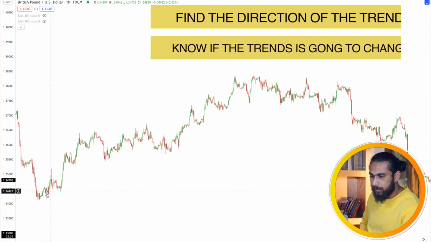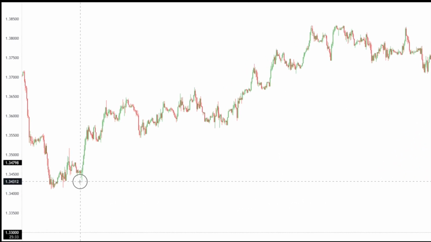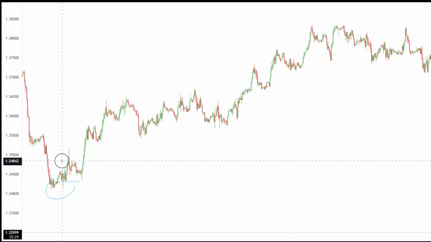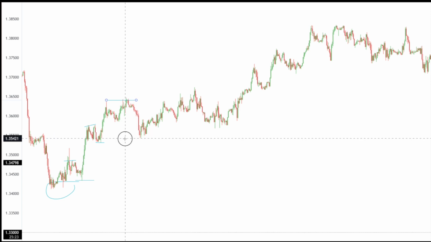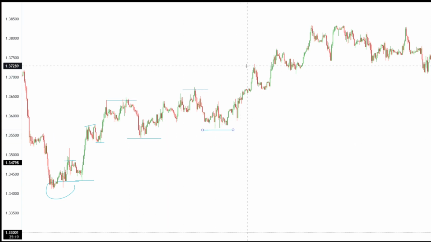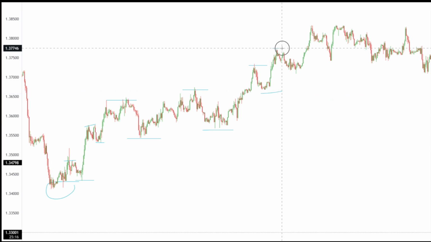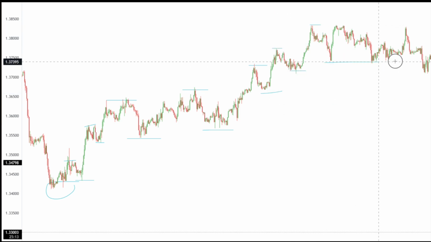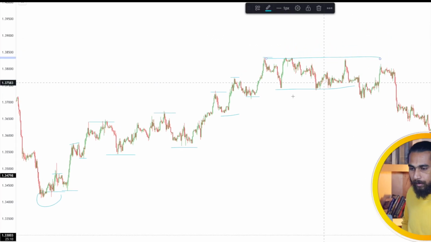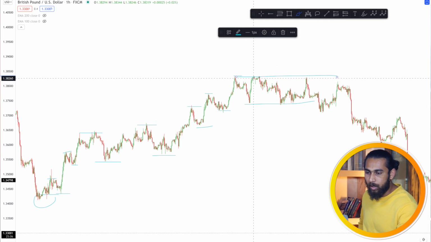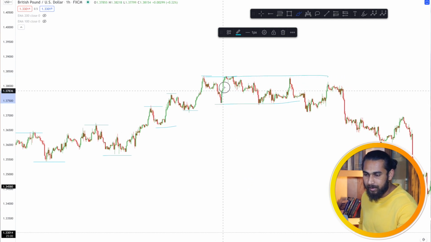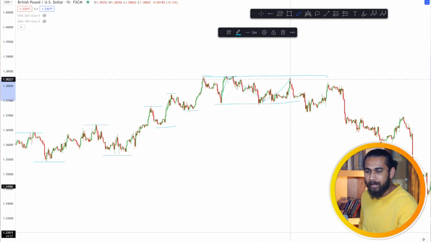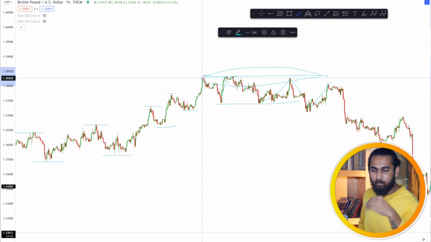If you can see over here, from this point, that is from this area, the price was moving up. It created a higher high, a higher low, then again a higher high, a higher low, higher high, higher low, higher high, higher low, again a new higher high, then a higher low, and it is continuously doing the same thing till this level. Until this level, when it is not able to make any new higher high, because you can clearly see that at this level the price is just moving till this level, and then it is moving down. It is again moving till that level, then again it is moving down, and again it is doing the same thing. So here finally the price is not able to move any higher.